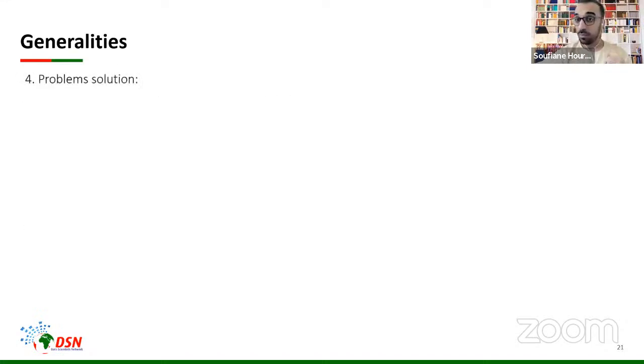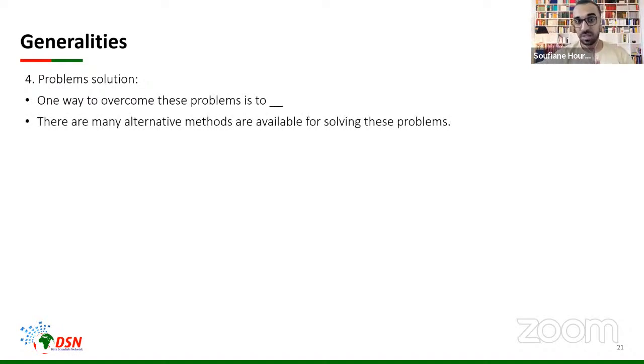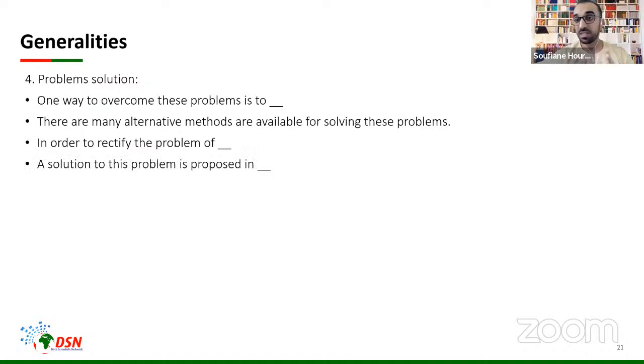Now after presenting the limitations of the existing methods, we need to present the solution to that problem. For example, one way to overcome these problems is to combine two methods or something like that. There are many alternative methods available for solving these problems. In order to rectify the problem of overfitting, we need, for example, to have more data. A solution to this problem is proposed in. We can cite this article,